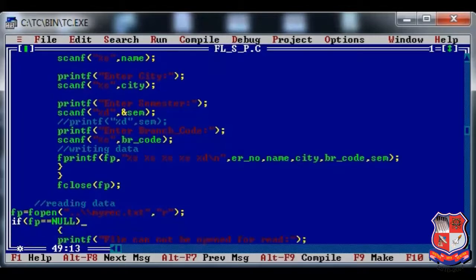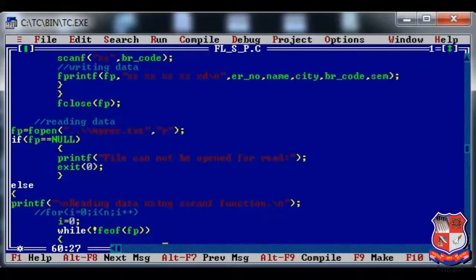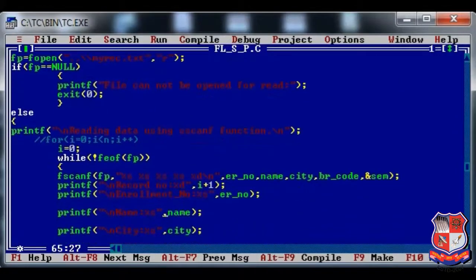Similarly, I am opening the same file for reading. Now you can see I have opened that file in read mode. Okay, the same thing will be there, only the difference is that instead of a for loop, because now we don't know how many records are there in my file, I have taken the help of the feof (end of file) function. Actually, it tells me whether the end of file has been reached or not. So what I have written over here is, while it is not feof, then it should read the data from the file.